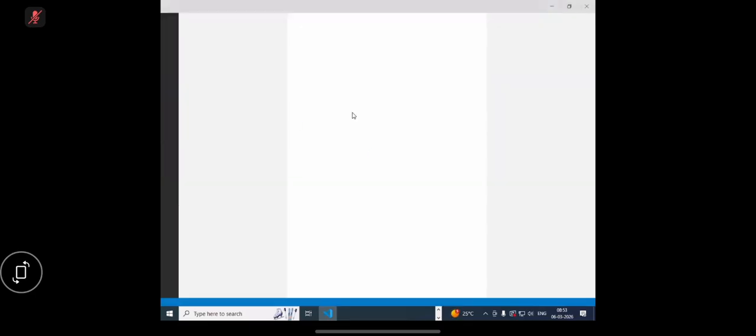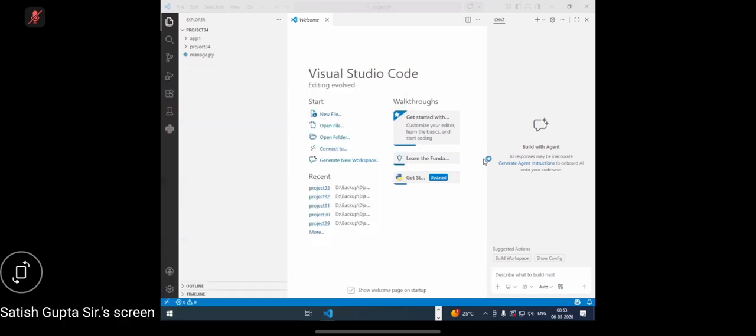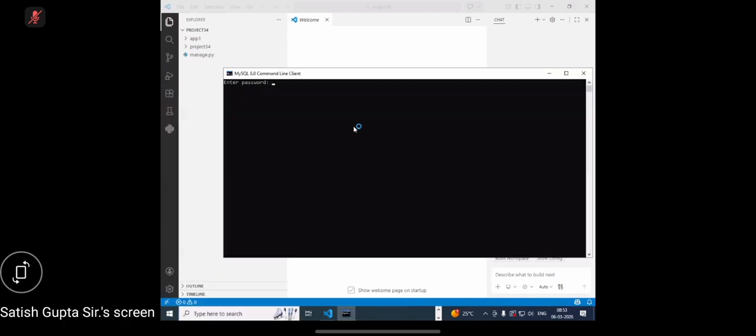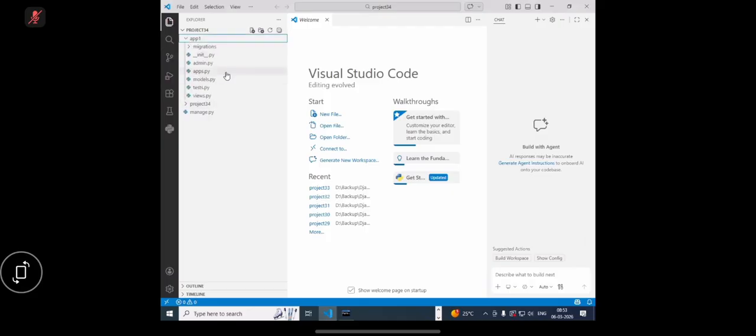So what is the name of the project? Yeah, this is a project, and I'm creating one more database. I'm creating a database for this. Create database. So create a database. Now project 34 DB. So this is a database, and within the application,